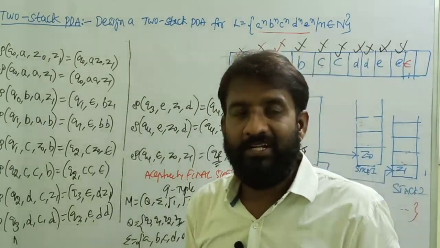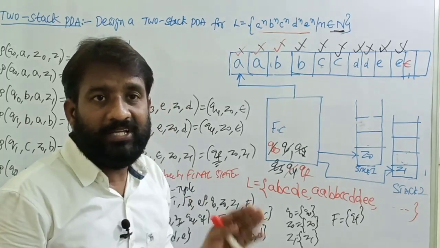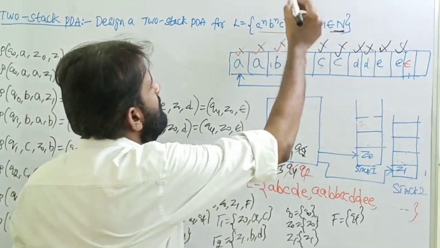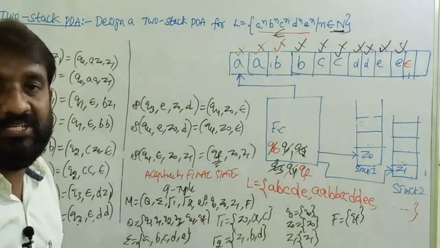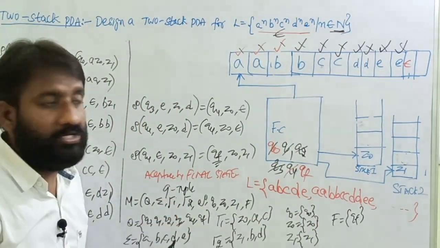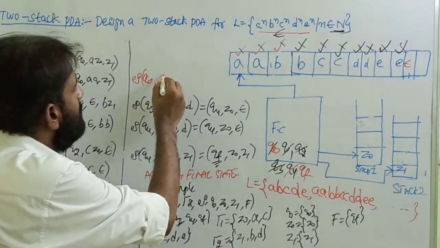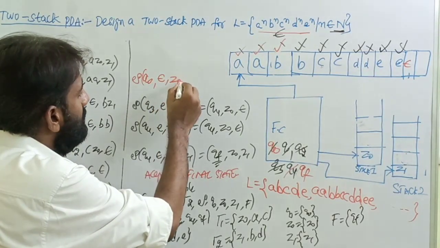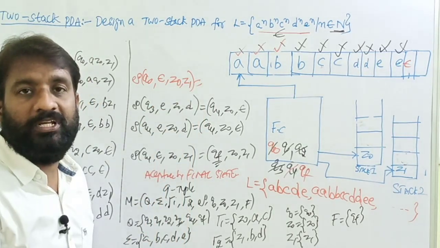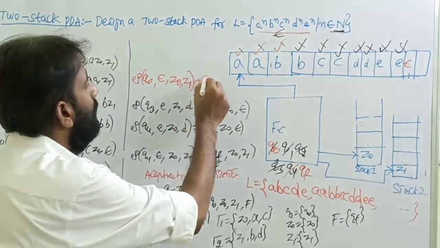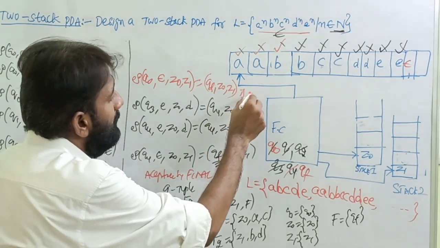Then an important point is, let's say if n is greater than or equal to 0, at that time what is the input string? There are no A's, no B's, no C's, no D's, no E's, only epsilon. So we have to add one transition to map that requirement also. So transition of Q0, input symbol is epsilon, top of the stack 1 is Z0, top of the stack 2 is Z1. Simply move to the state without doing any operation on stack 1 and stack 2: QF, comma, Z0, Z1, if n equals to 0.